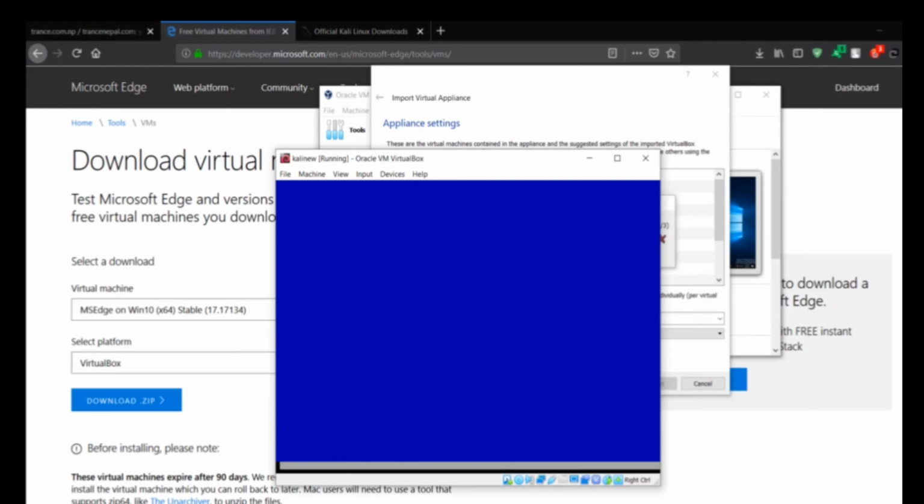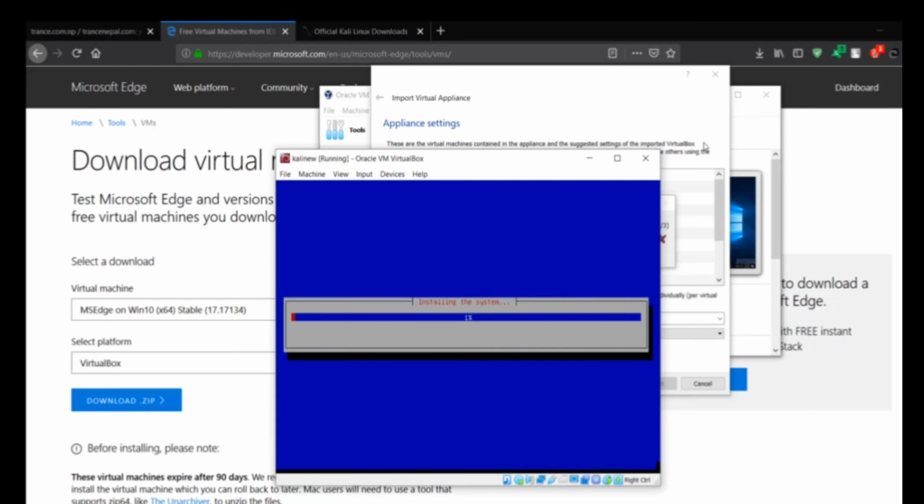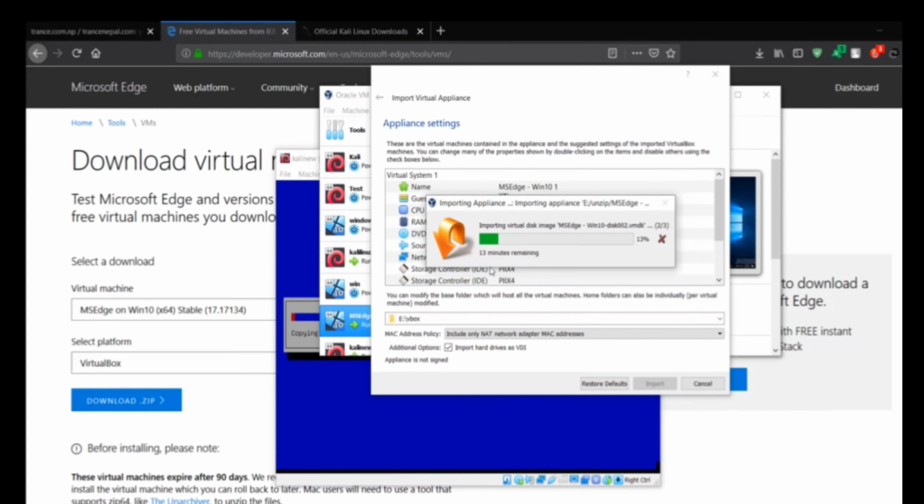Now it has partitioned and formatted the disk, and it is installing the system. You can see over here that it is importing our MS10. It will just import. There is nothing to do over here. It will take some time, maybe around 15 minutes, and it will install everything over here. So the next thing you need to do after you install that, because I have already done it, so I am not doing it here,